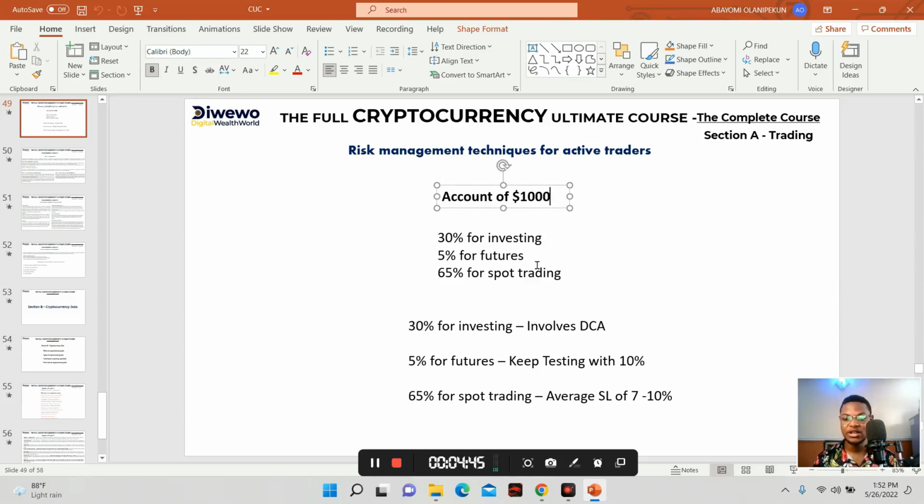Now let's assume I eventually cut that trade, cut my losses, and I'm left with $400. I will want to make that money back quickly because of emotions. It's normal in human beings. I know that if you are a trader, you can relate to everything I'm saying, because once you try to revenge the market, like you lost a trade and you're trying to revenge the market, the market will punish you. So don't go ahead and revenge the market, but most importantly, don't put in a portfolio that you can't afford to lose, because you won't be able to control your emotions in futures trading. That is just my advice and my risk management. So you can see risk management for active traders.